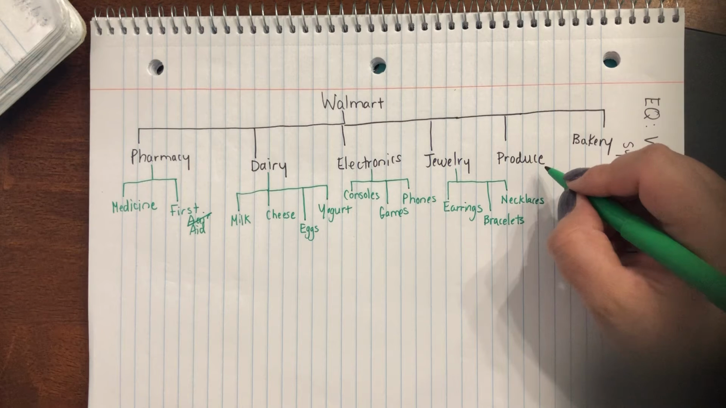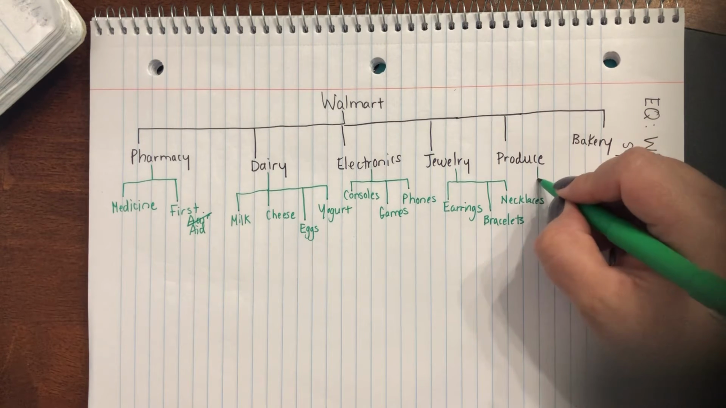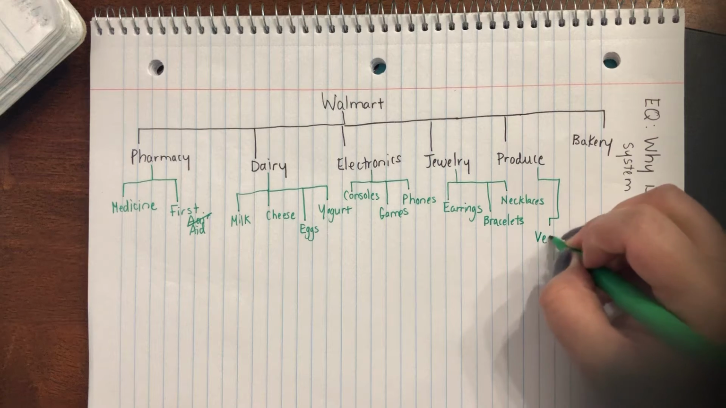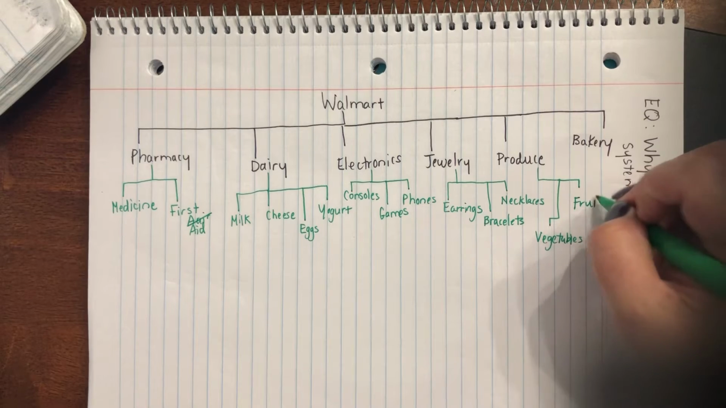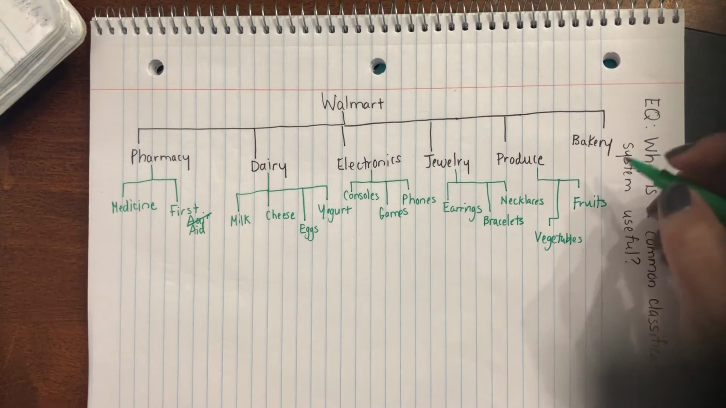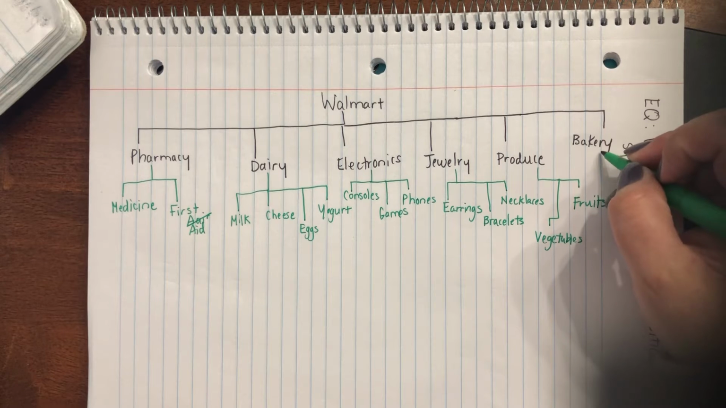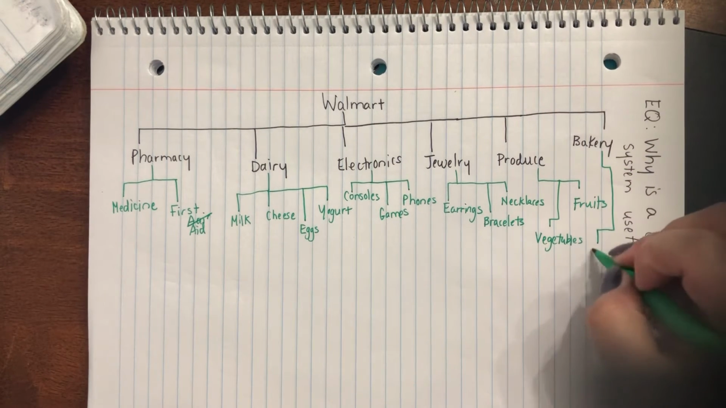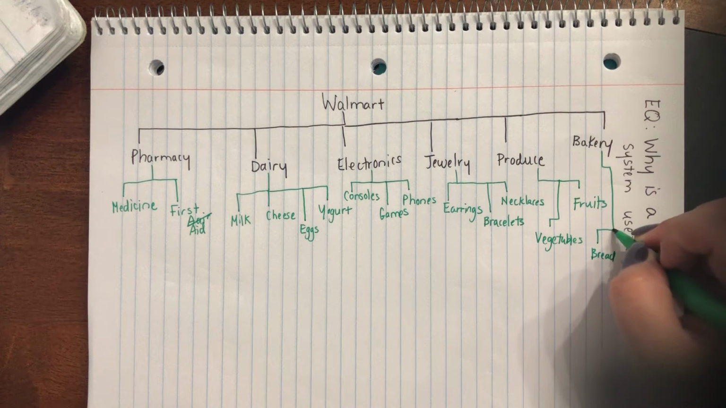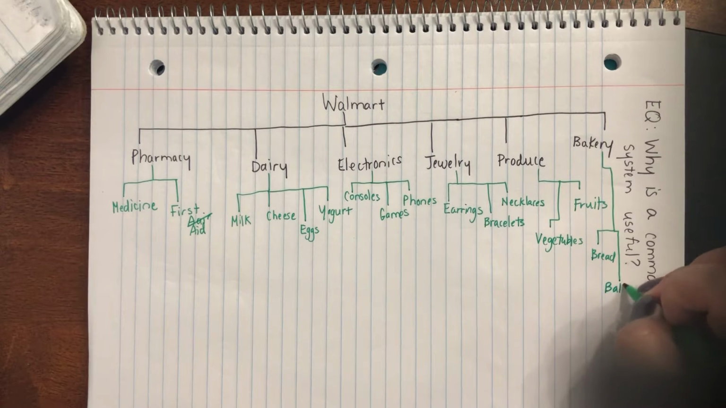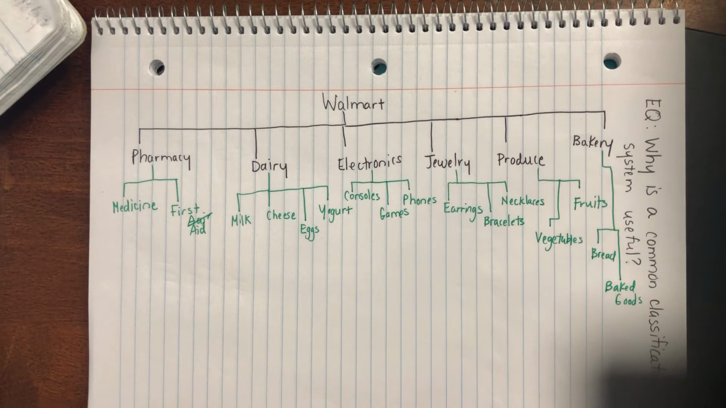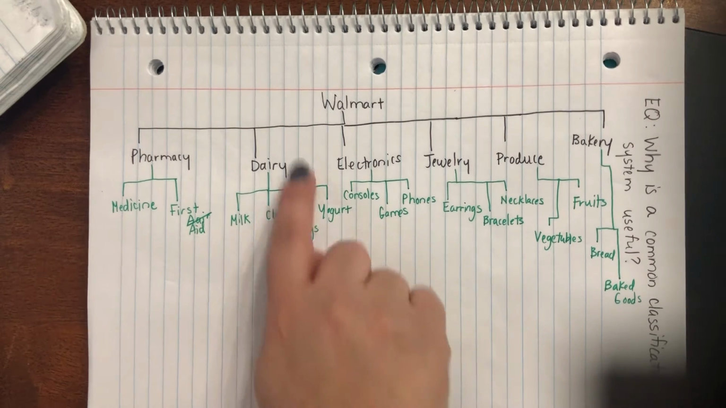If I break down the produce area, they're going to have two main categories there. They're going to have vegetables, and they're going to have fruits. And the bakery, even more. They're going to have things like bread. They're going to have things like, I guess I could say baked goods. And it goes on and on, okay? All right, if I take my next level and I further try to break that down,